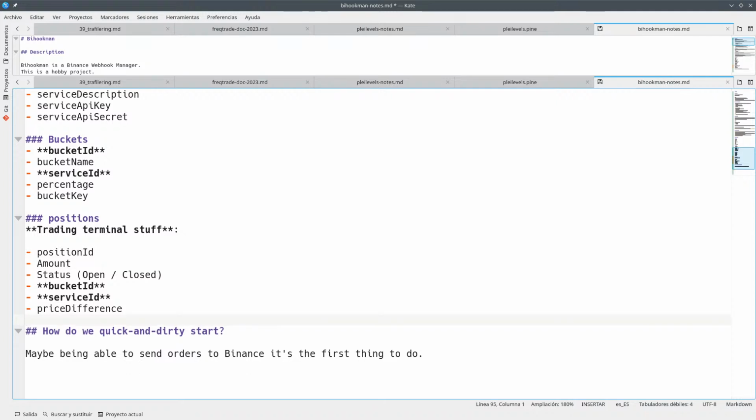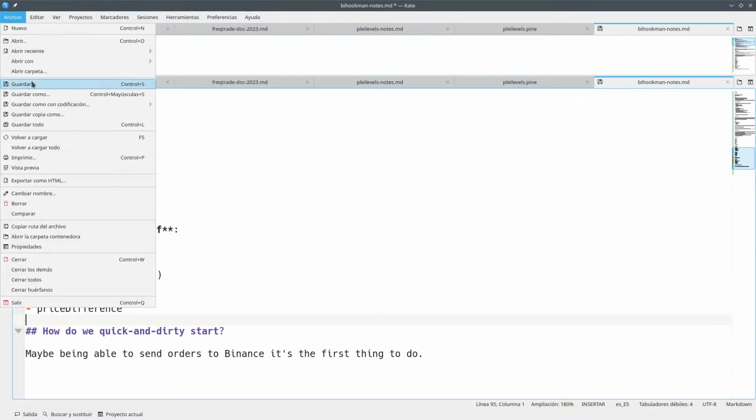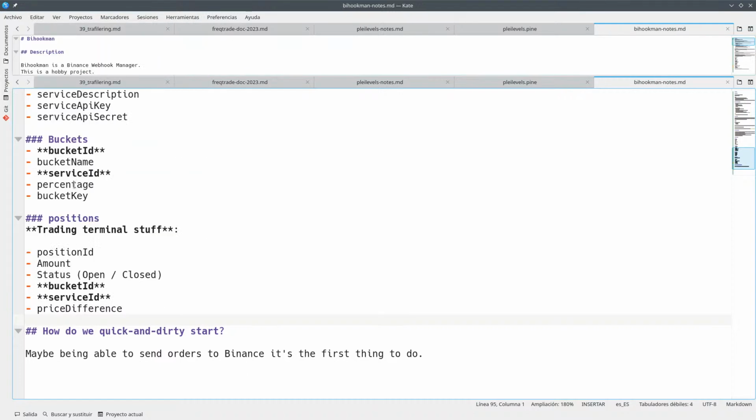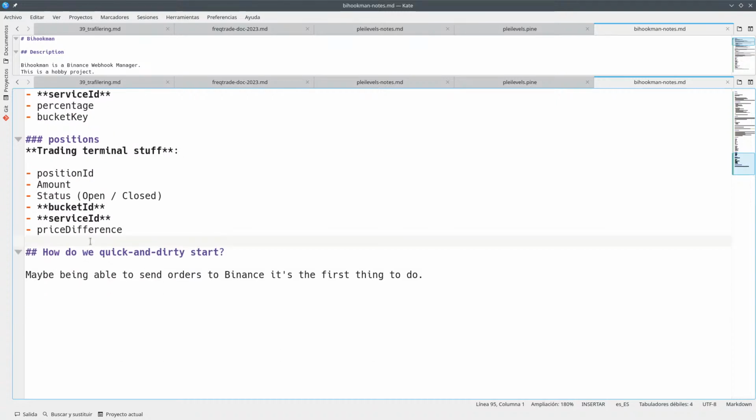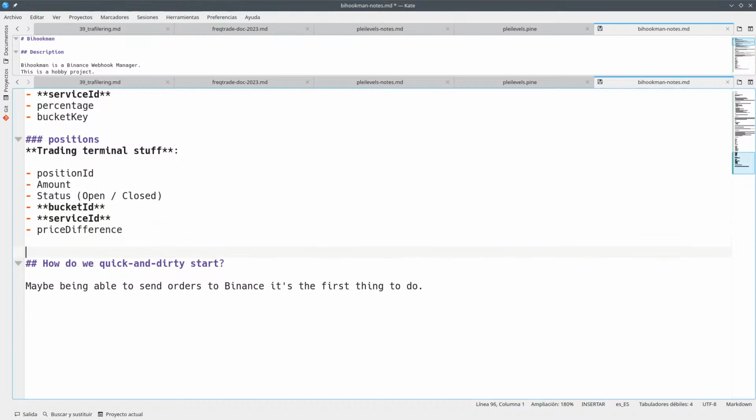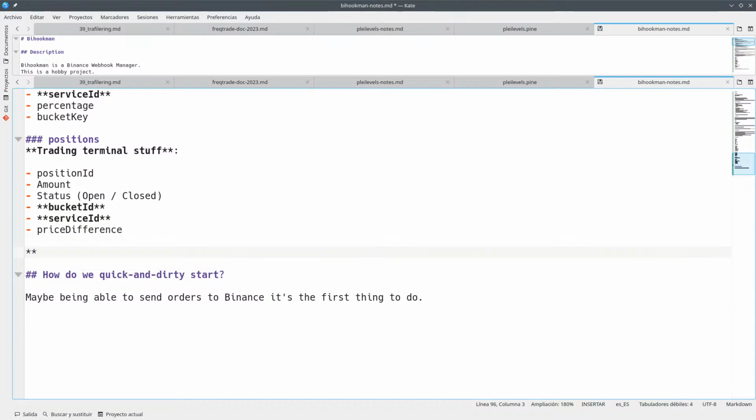Okay, so let me see. Position ID, amount, status, bucket ID, service ID, price difference. Okay, and then is something about